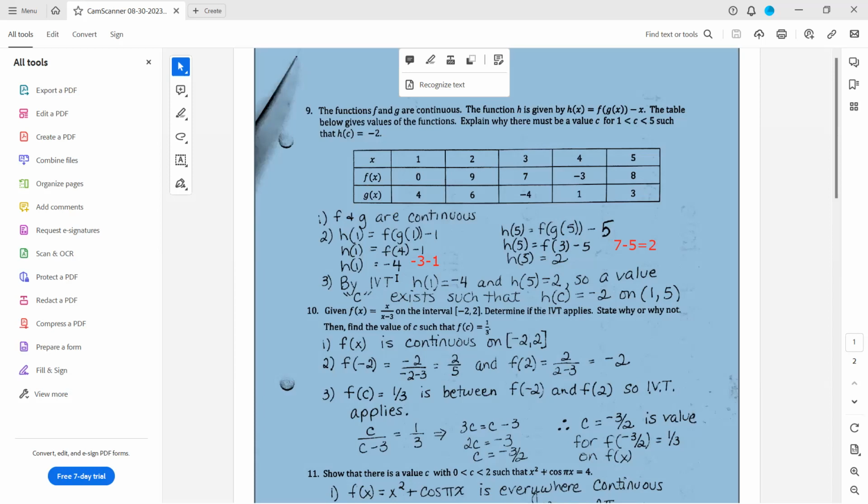Since there's a sign change, one is negative, one is positive, there must be a value between 1 and 5 for which h is